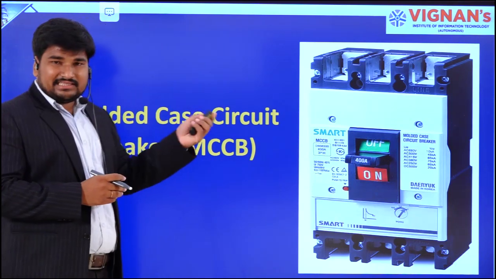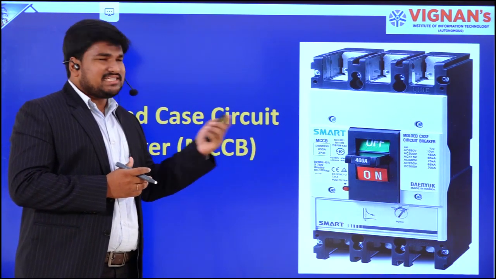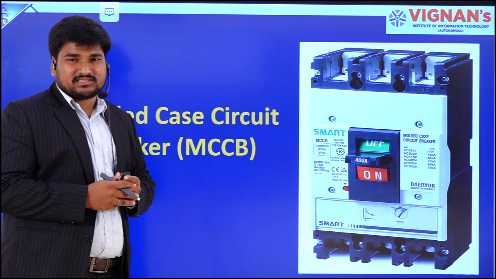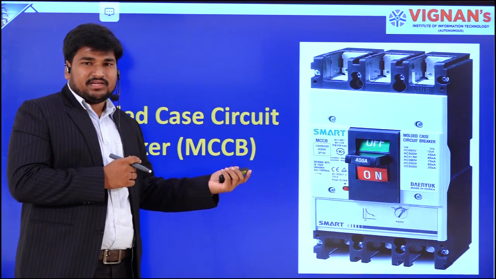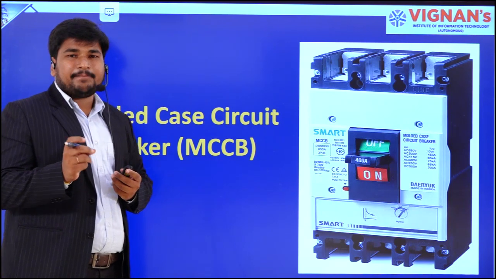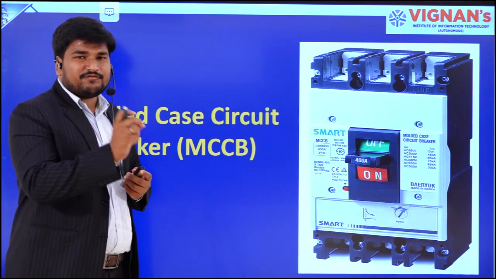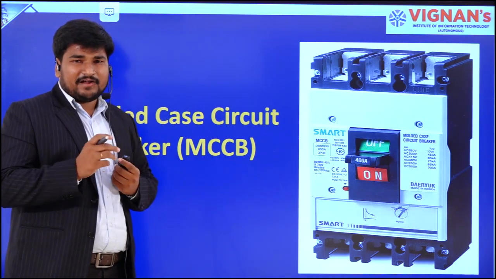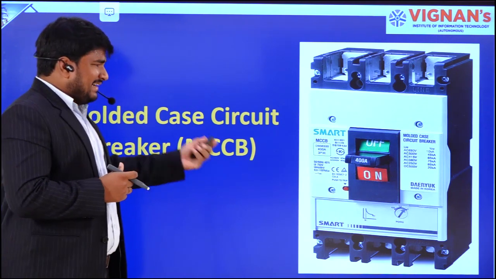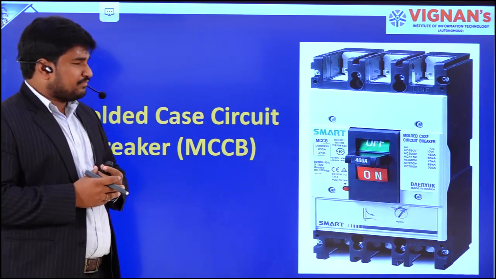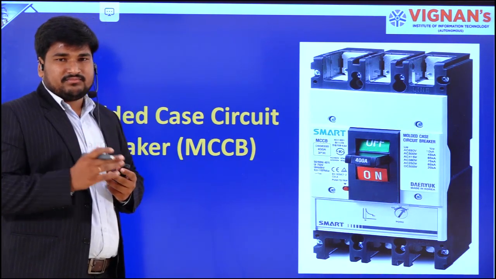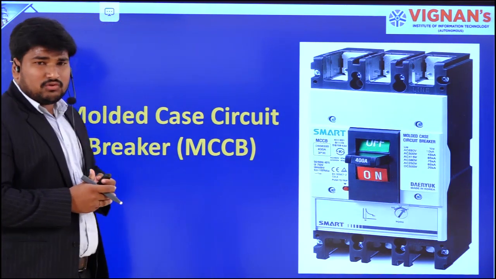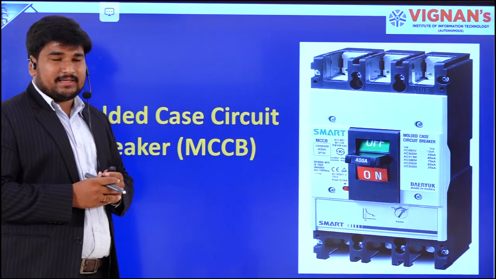So there is a special setup to extend the rating of MCCBs, but it is not in case of MCB. For example, if you design an MCB, that is miniature circuit breaker, for one current, we have to use this MCB for only one current. But in case of MCCB we have a provision that it can be adjustable. The rating of current will be adjustable. So let us go into a detailed discussion about MCCB.